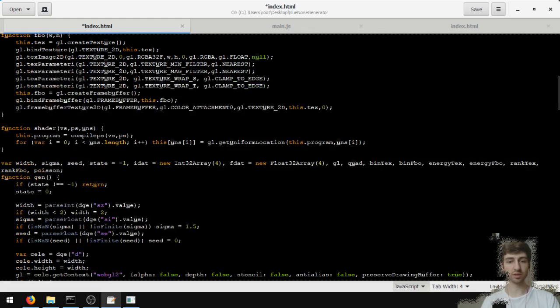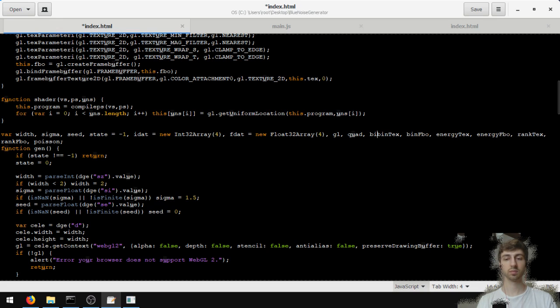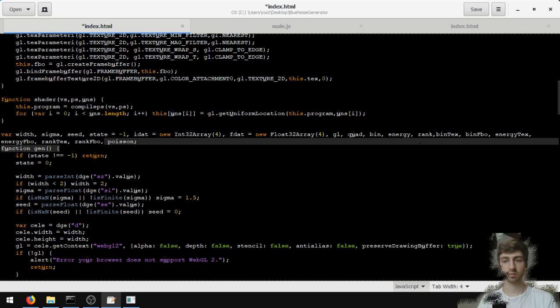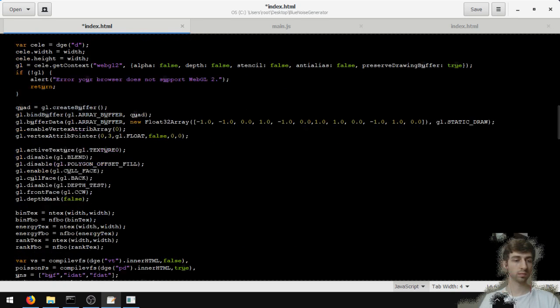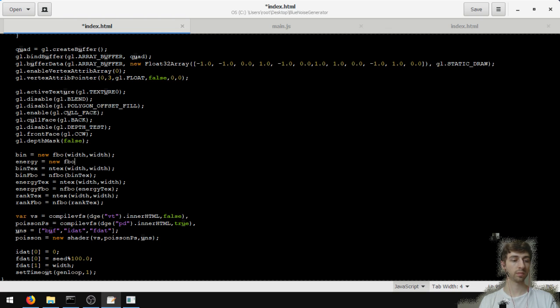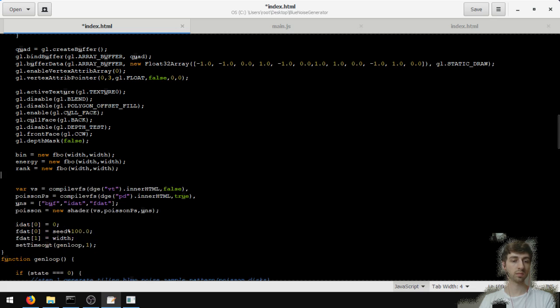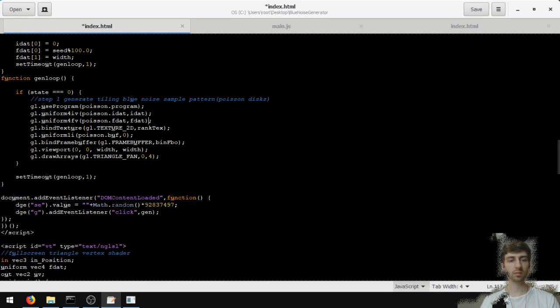That makes it a lot easier to swap FBOs now as well. So now instead of doing all this too, I can just do, just way shorter. Alright, so now rank.texture, binary.fbo,